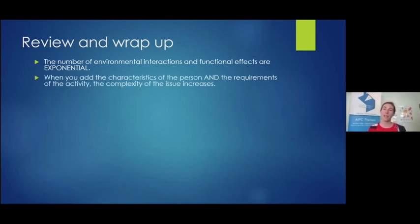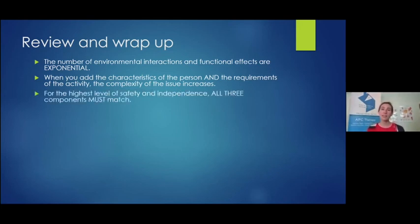When you add the characteristics of the person and the requirements of the activity, the complexity of those issues really increases quickly. So for the highest level of safety and independence, really all 3 of those components need to match up, meaning the person needs to fit the environment, the environment needs to fit the person, and the activities that that person is doing within the environment. They really all need to match up in order to have the best possible